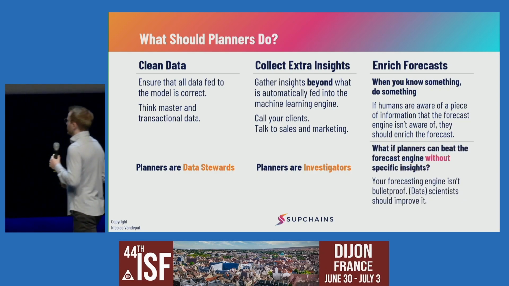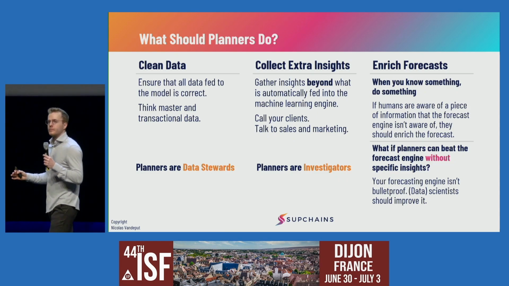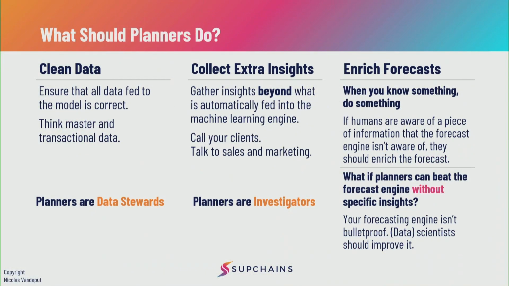In some cases, demand planners can still beat a forecast engine without any kind of insights. At times, anyone can be lucky or unlucky, models and human, that's fine. But if month after month, your team can deliver more value than a forecast engine without anything special, just by looking at the time series, it means the forecast engine needs to be improved, and it's an issue of forecast engine. So again, I don't think the human brain is a calculator machine. So if the human brain can beat a model at forecasting demand, it means the model isn't great. So these are the 3 things that I would focus on as a demand planner.